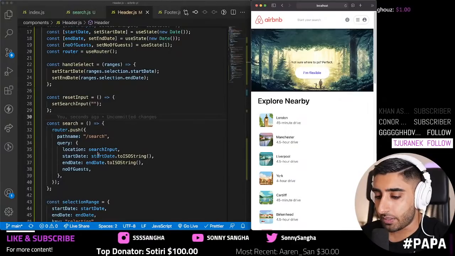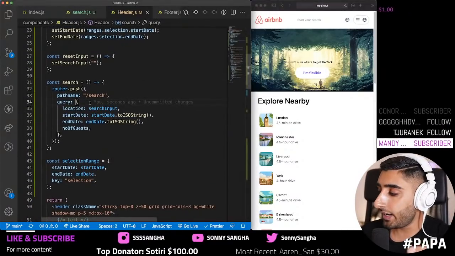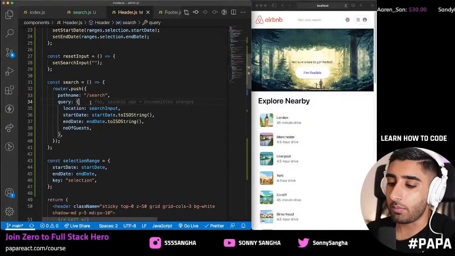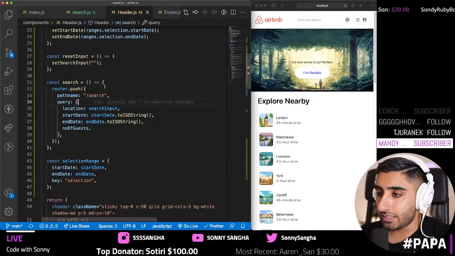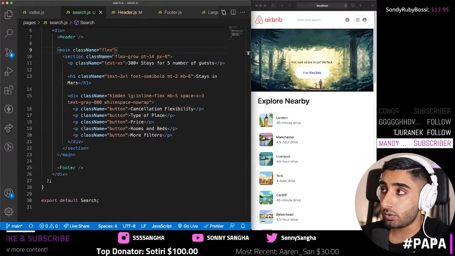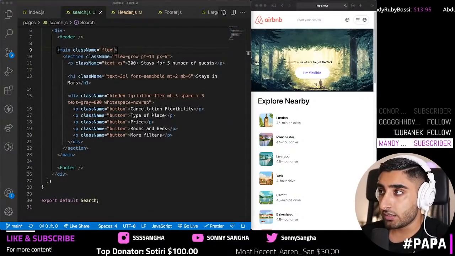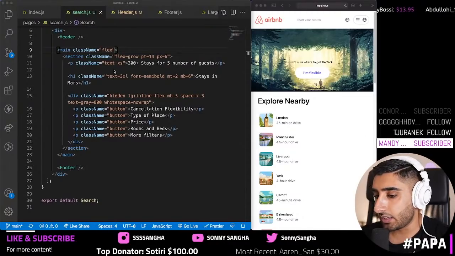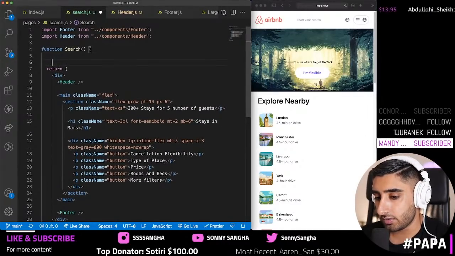All right, so now what we're going to do, guys, is we need to go inside of our search page. I now need to grab those variables, right? So how do I actually get the variables from the search URL? So from the actual page URL, how does that work? The way that we do this is we go over to our search page and we need access to our router object. So what I'm actually going to do is, you guessed it, go up to the top and say const router